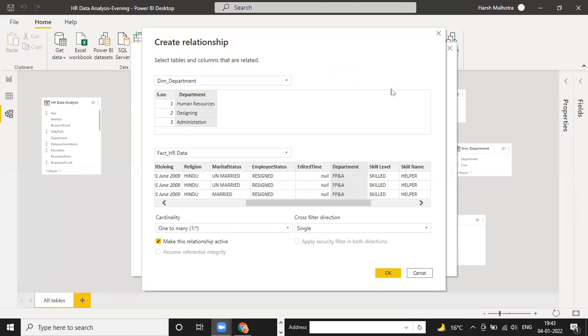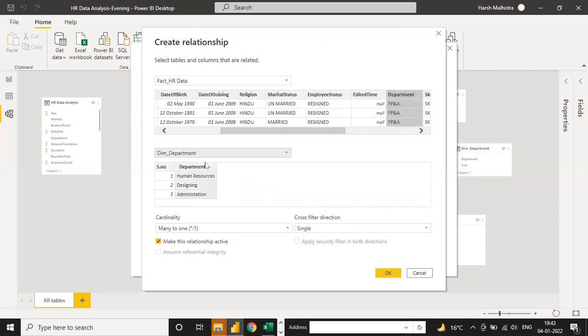Okay. And now I'm going to reverse. Select the fact table, then select the dimension table. Now the relationship is many to one, because it is connected from fact to dimension, which is a reverse relationship, called many to one. So one to many and many to one, only the name is different, the task is the same. Many to one always connects fact to dimension. One to many connects dimension to fact. You just have to reverse the direction.